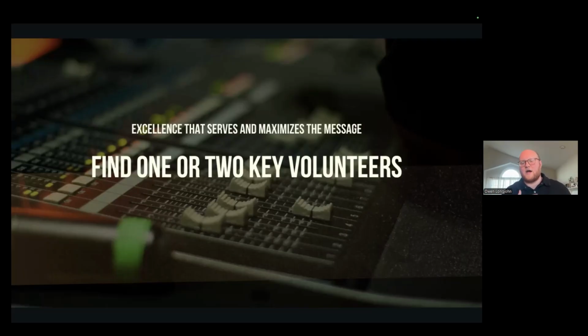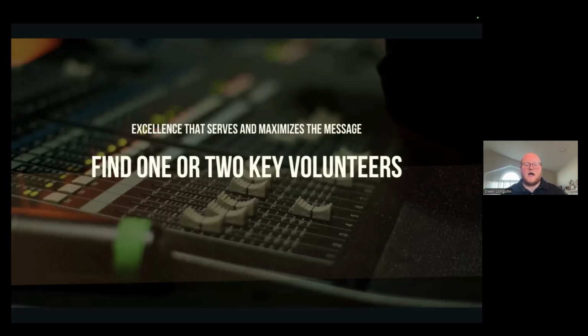Anytime I've been in a ministry and I feel like everything falls solely on my shoulders in my area of focus, that can be a lonely place to be. Particularly in the tech world, when there's no one else who has shared language for the concerns you have going into Sunday, you're not able to dialogue with anybody about, hey, if this happens, I don't know what I'm going to do, or the pastor asked for this, but I have no idea how to get there. I would encourage you to seek out some dialogue partners.